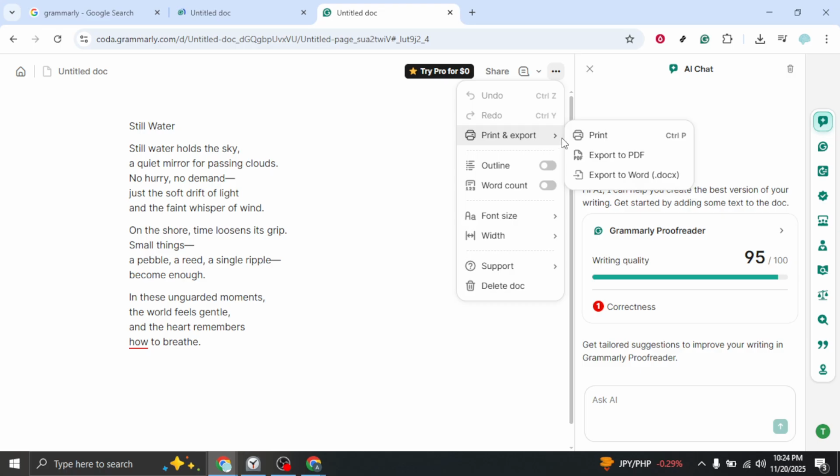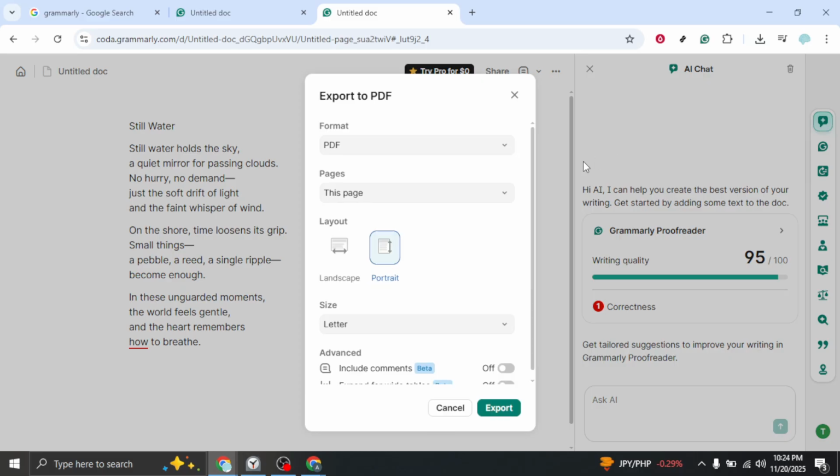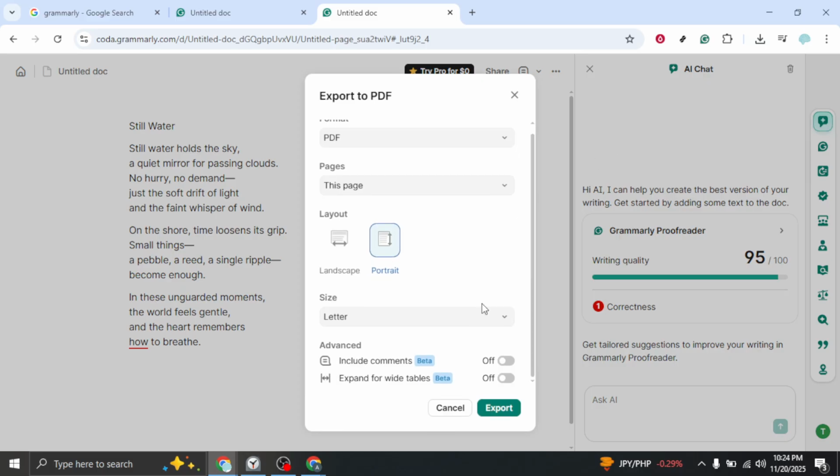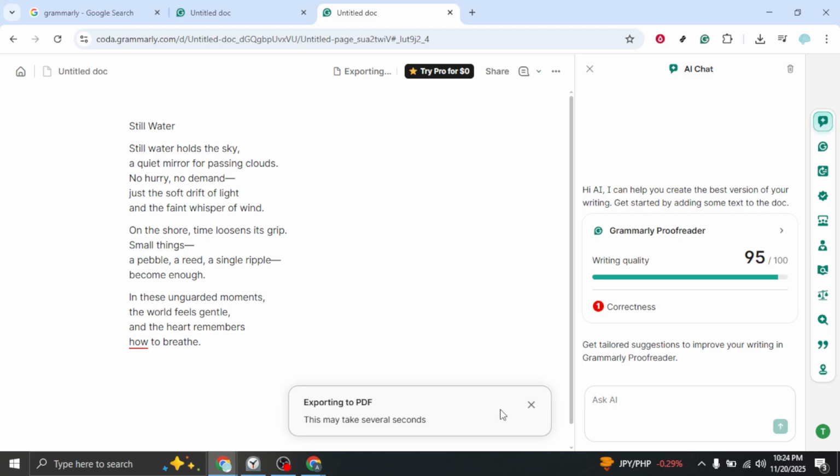Select Export to PDF to generate a polished, fixed layout version of your report that preserves formatting and is easy to share. Next, click Export to confirm. Grammarly will begin preparing your PDF. Depending on your internet speed and the size of your document, this may take a moment, so sit tight and